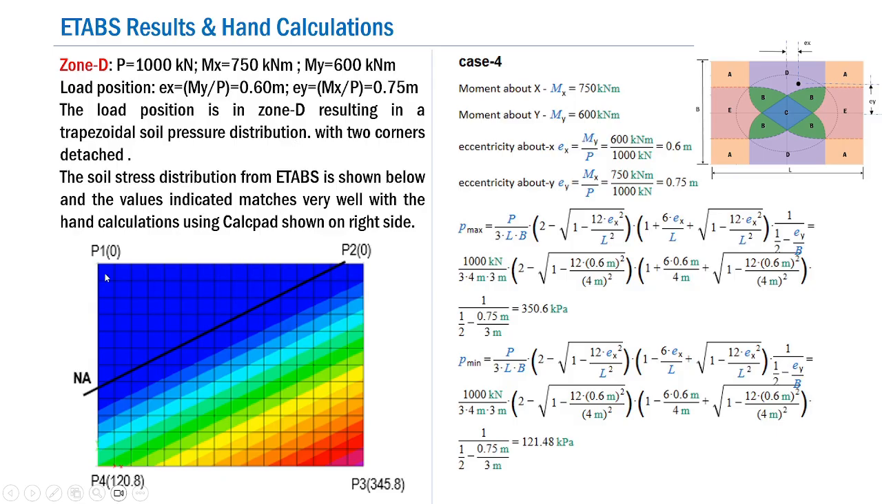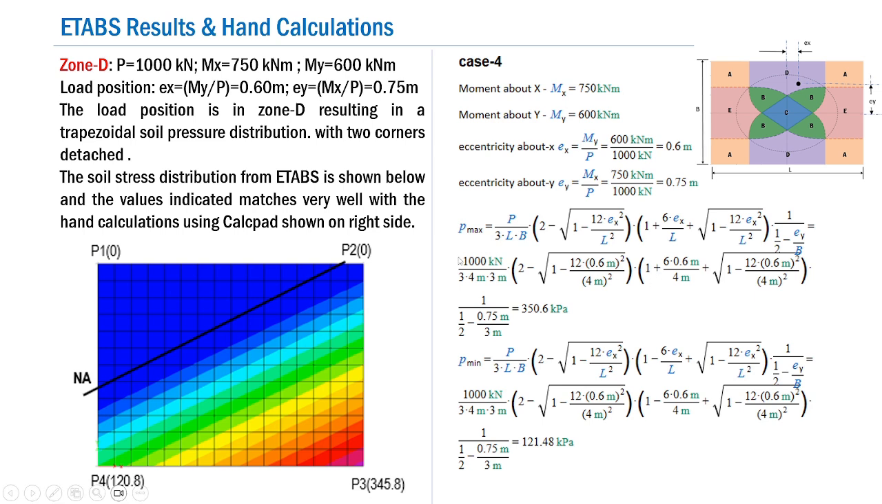And again here is shown the ETABS distribution of the soil stresses. As you can see here, two corners are getting uplifted. So it means that this neutral axis position, I think it has to be shifted a little bit down, that is after the corner 2. Which means that when the load is positioned in zone D, we arrive at a pentagonal soil distribution with two corners lifting off. Now again, a hand calculation is made